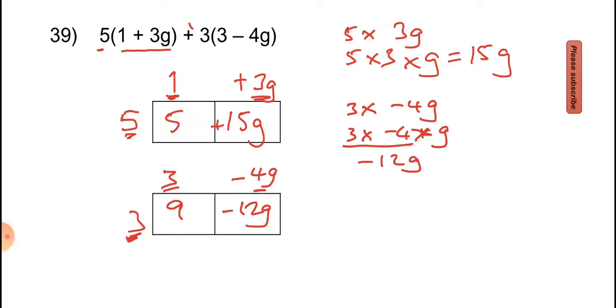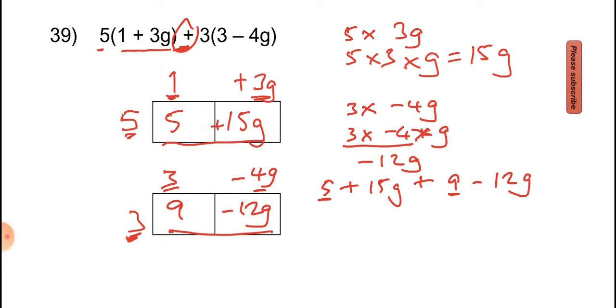Now because of the add sign here, we want to add whatever we have in the boxes. So here we had 5 plus 15g, and here we've got 9 minus 12g, and because it's a plus sign, I want to put a plus here because we're adding the two parts. So 5 add 9,